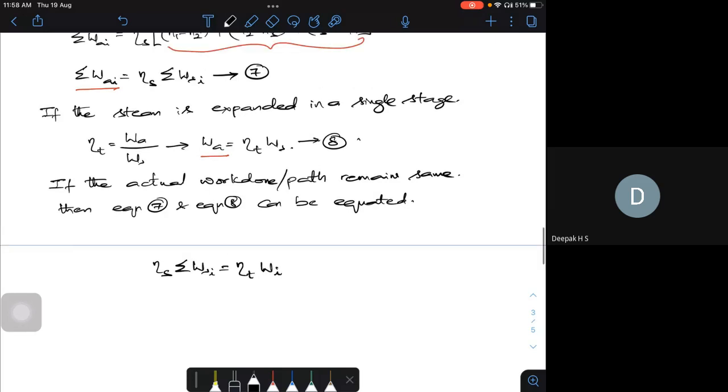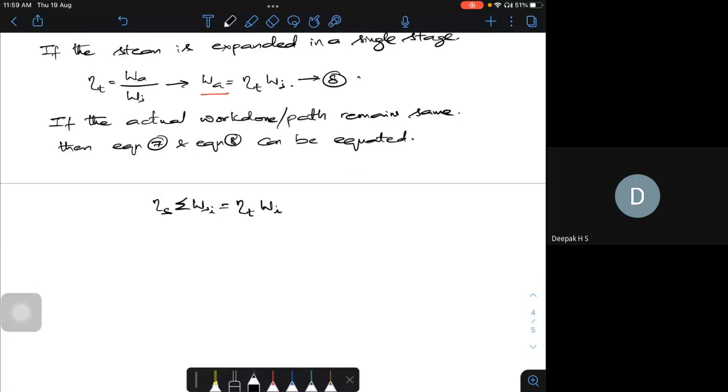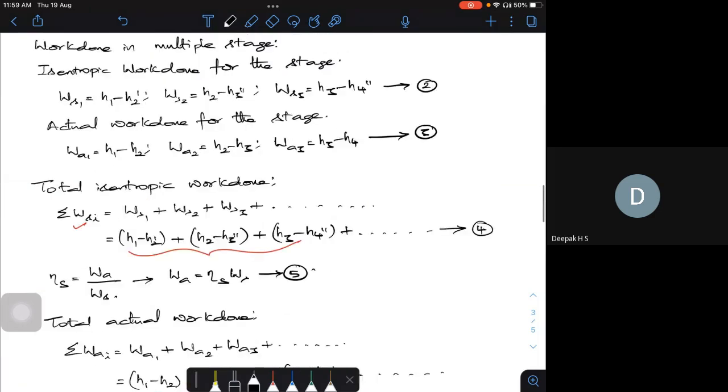So let me call it as SI, isentropic work. I can write WSI divided by WI is equal to the turbine efficiency divided by stage work done. So I'm going to call this equation 9. This is only for the same work done. Now, if you closely observe,